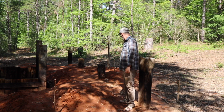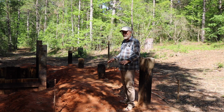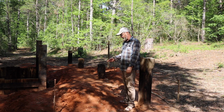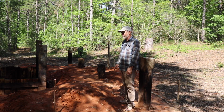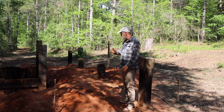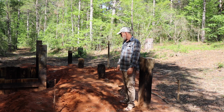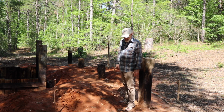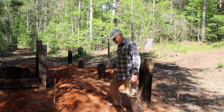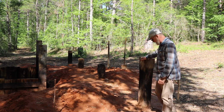So I originally had some lines run that I'd already leveled out when I first marked this out. I really wasn't fooling with elevation too much. I was just laying them all out so I know where to put my footings. So it's pretty easy. I measured up 6 inches from those marks, and I think this is going to give us a pretty good